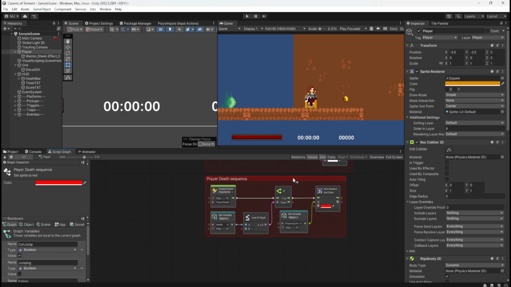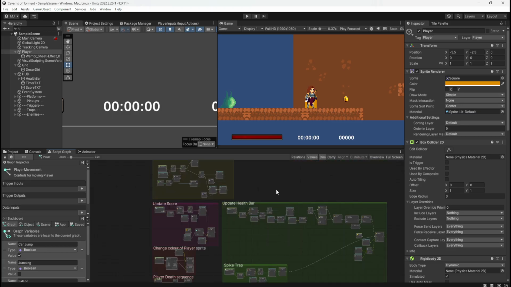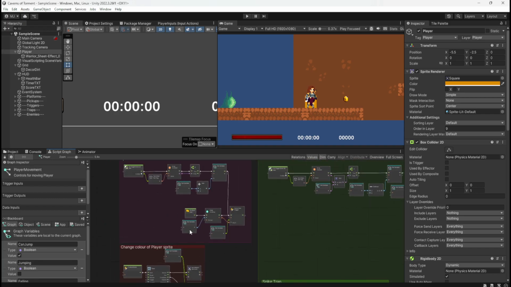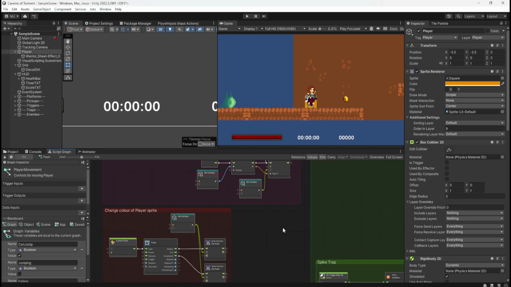Can you tell I've got a little bit of OCD? I like things being nice and tidy. It's so annoying. Oh, dudes. Do I want to change the background colour? Of what, dude?